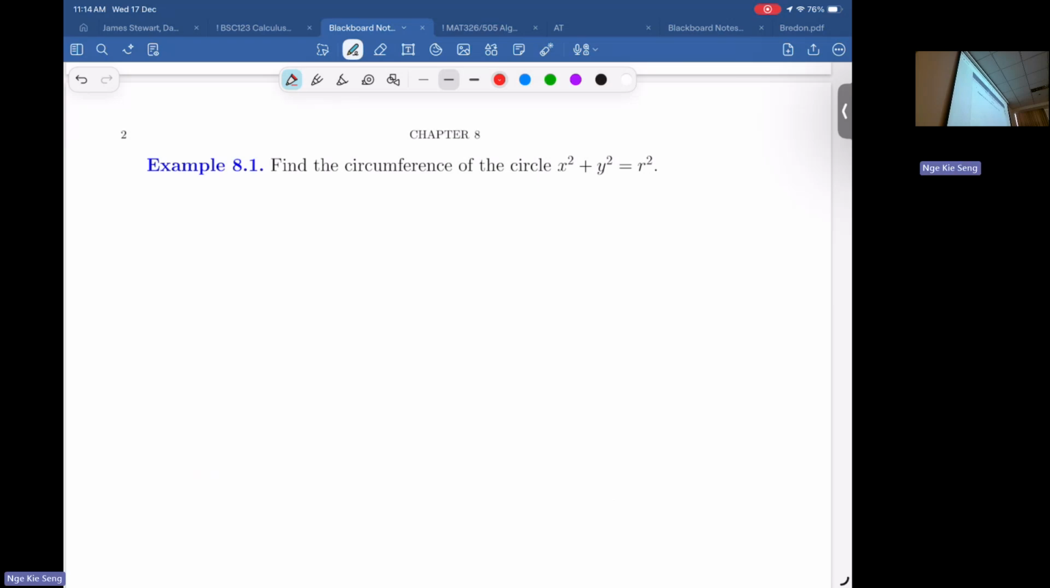Circumference is 2 pi r. So we're going to use this method to compute it as 2 pi r. In particular, we'll see where the pi comes from, where the 2 comes from, where the r comes from. Why is it 2 pi r? Why is it not some other thing? All right, so to this end, how about